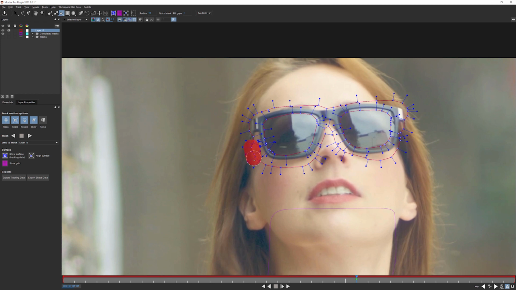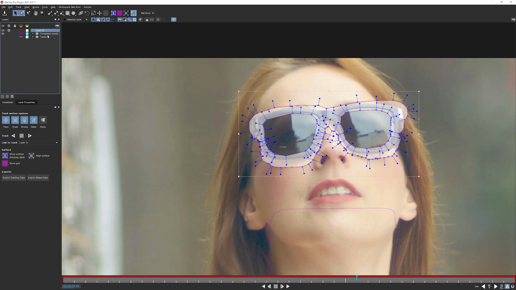Probably I'll take out a little bit of the skin. I'm fine with leaving a bit more space around than I actually need, but we probably want to be a bit more careful about this. Take a look at the selected matte, and we have our sunglasses. Very nice. Okay, let's call this one Sunglasses 1.